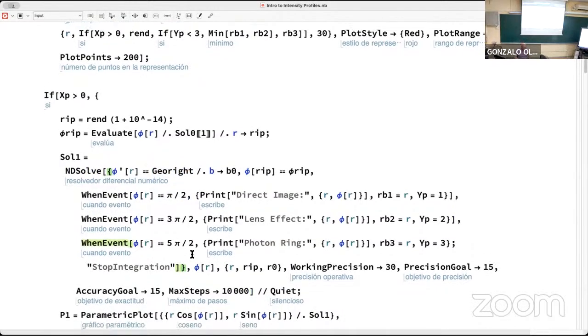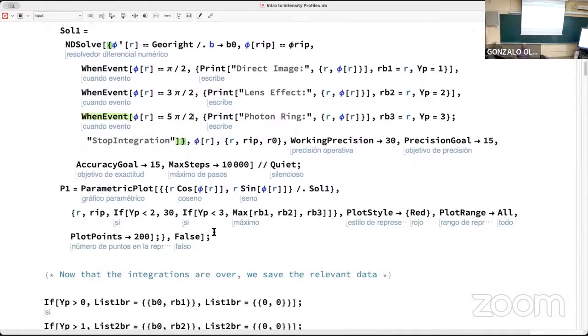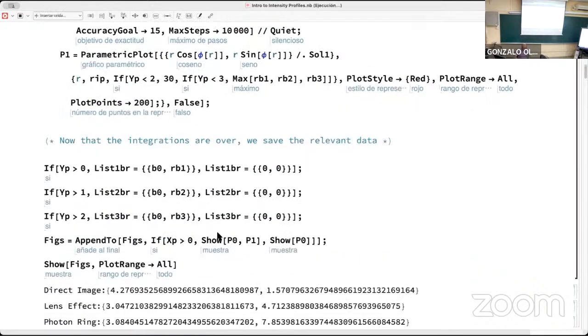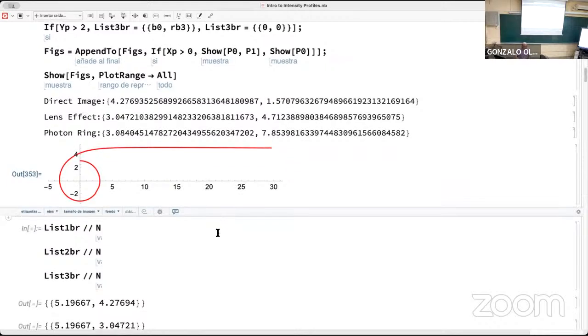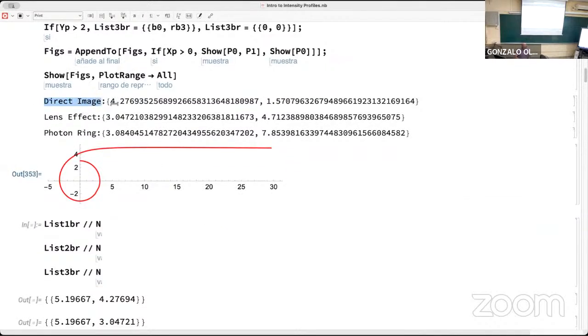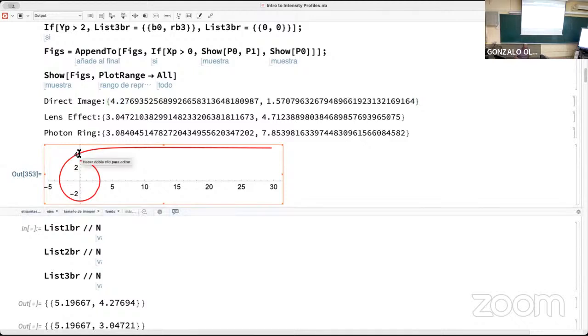Okay, and then let me execute this with just one geodesic, and as you can see, the direct image. This is the radius, the impact parameter, and the angle, just to make sure that it works. This looks like pi over 2. Okay, this is pi halves, this is the angle, and this is the location at which the vertical axis is reached. It's here,